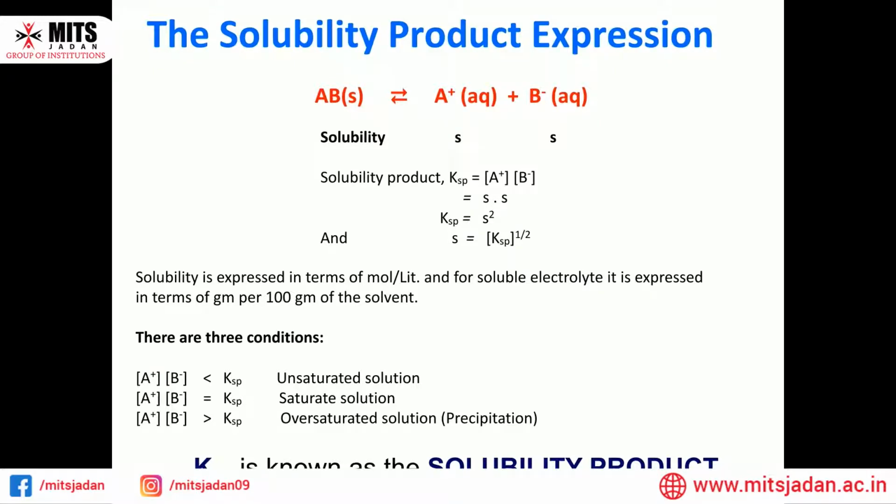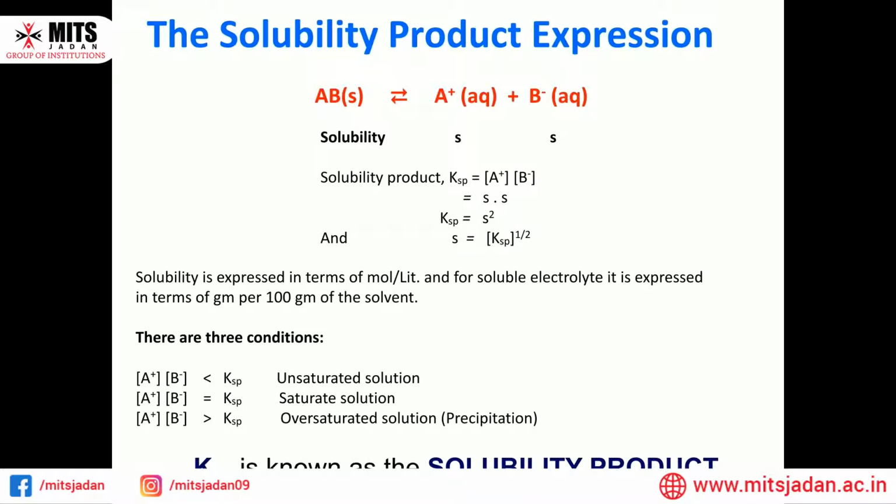equilibrium condition. In chemistry, an equilibrium is a state where reactants and products reach a balance. No more solute can be dissolved in the solvent in the set conditions such as temperature, pressure, pH, etc. Such a solution is called saturated solution. If the solubility of ions is expressed by the symbol small s, then in such conditions, solubility product Ksp can be written as the product of ionic concentrations. Since we get the expression Ksp is equal to s squared, we can also write that s is equal to the square root of Ksp.